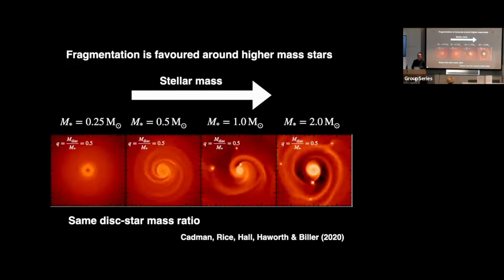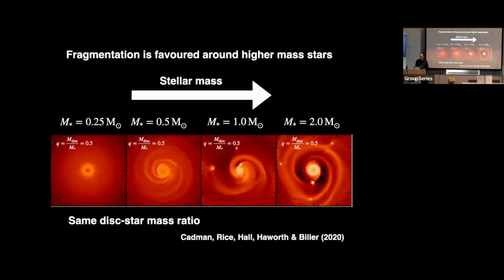What's the spatial scale? That would be helpful. About across here is about 300 AU, I think. Is it the same on each one? Same scale on all of them, about 300 AU. No, but sorry, I guess I mean the disk itself. Does the disk have constant surface mass density, or as you're going up the higher stellar mass is the characteristic? Oh, I see what you mean. So the surface density profiles were always the same. They always had a power law slope of r to the -1 for the surface density. I think the sound speed profile was always to the power of -0.25 or -0.5.